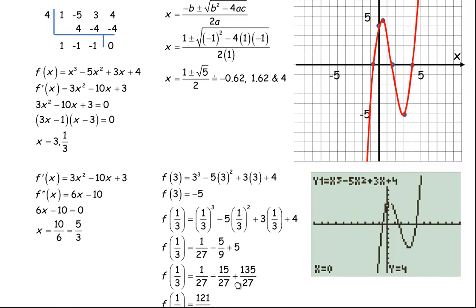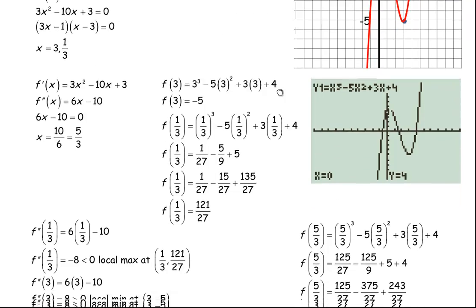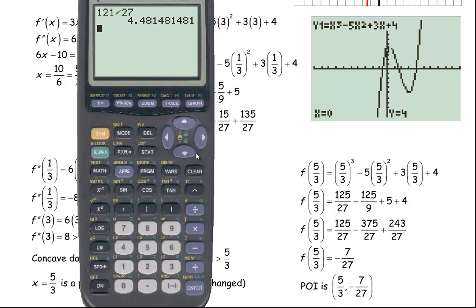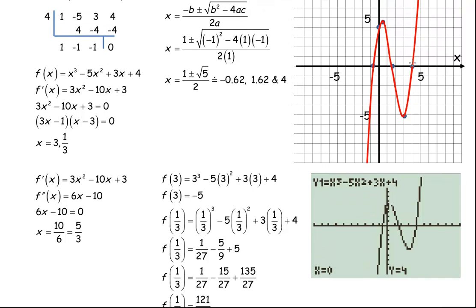So if we graph all those points, here's the 1/3 comma about 4.5 local maximum, and then this is the 3 -5 local minimum. If we were actually to plot the point of inflection, that's about 1.7. And if we bring the calculator over here, if you divide 7 by 27, I didn't bother with the negative in, we would know it's negative. It's about almost a quarter. So the point of inflection would actually be approximately just down around here somewhere,